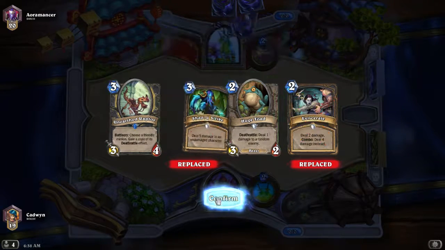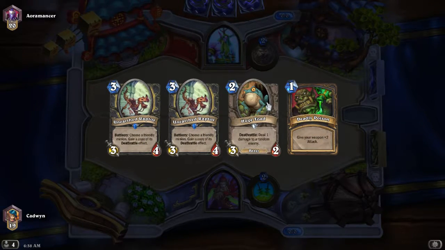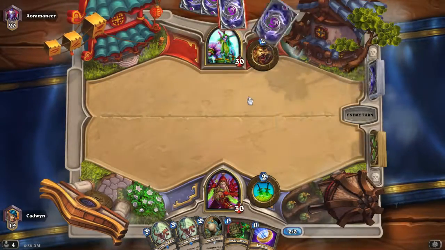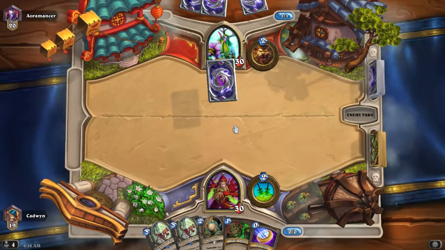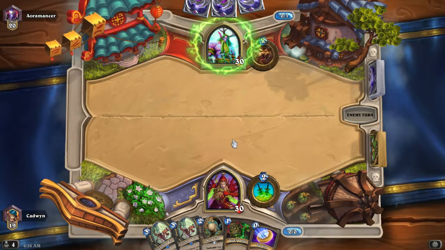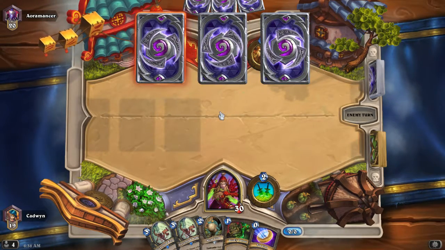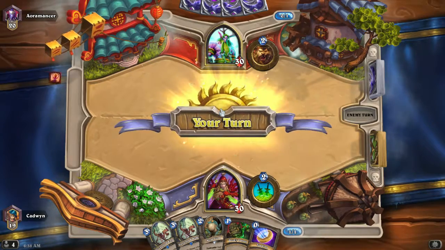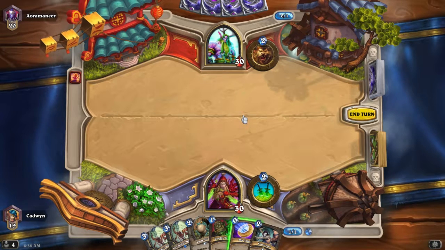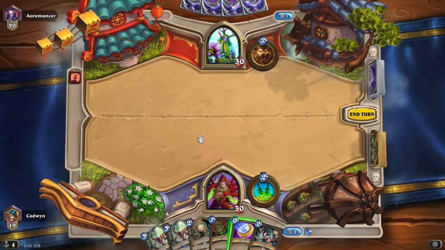Okay, so once again, we can try and get this combo off with Huge Toad. Deadly Poison is a great draw here. Okay, so our opponent's starting with Raven Idol to get a new card. It's tempting at this point to just immediately coin out the Huge Toad. However,